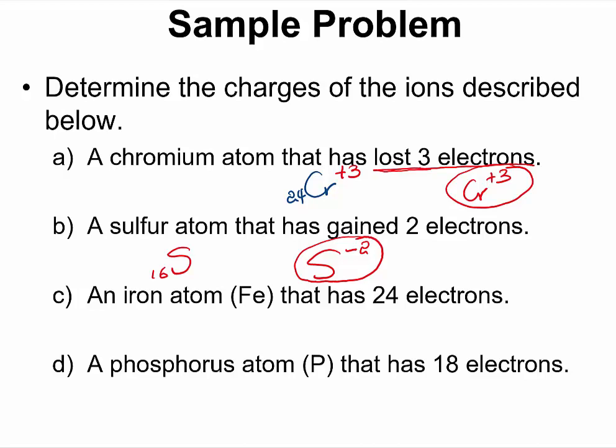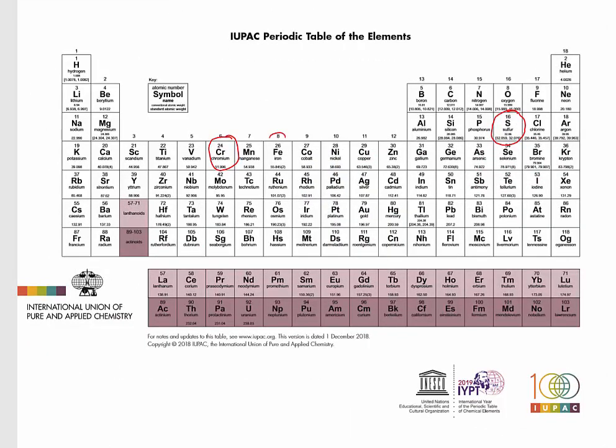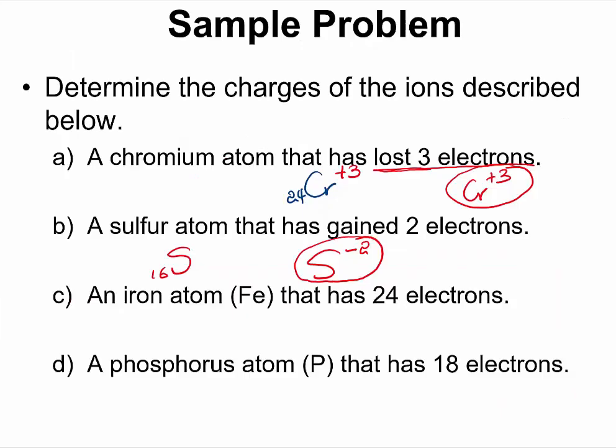Let us take a look at the periodic table. Normally, an iron atom should have 26 protons and 26 electrons. So normally, this is what an atom of iron should look like. However, this one is saying that this iron has only 24 electrons, which means 2 electrons must have been lost. And how do we denote that? That means we should have a charge of +2, meaning that 2 electrons have been lost and you have 2